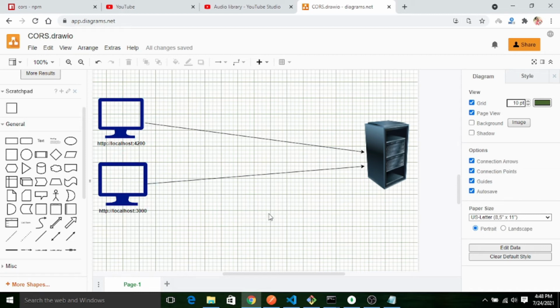Let's say this is user 1, this is user 2, and both are trying to access the same server.